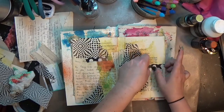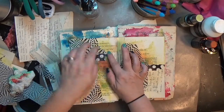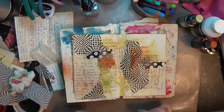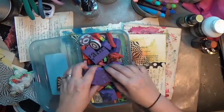And this is another fun black and white kind of pattern. Again, it gives it that great contrast. And that'll end up working in as well to where I do my sentiment. So that's going to be fun. This was a super quick page in general. So yeah, I got it down to, I don't know, like 8 minutes, but then with the pictures, it was